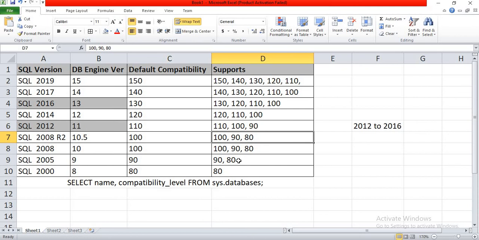So this is how we apply compatibility level checks, and this is how we do backward or forward compatibility. If you remember, I just migrated my database from SQL 2012 to 2016. 99.9% of the time forward compatibility works without a second thought. But when you go to backward compatibility, you need to be very cautious. Have you used any of the new functions introduced as part of that version or not? If you did not use any of the new functions, then you can do the backward compatibility. It's risky for production applications, so you need to be very careful in doing backward compatibility.